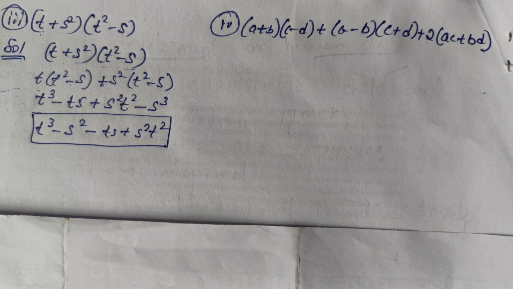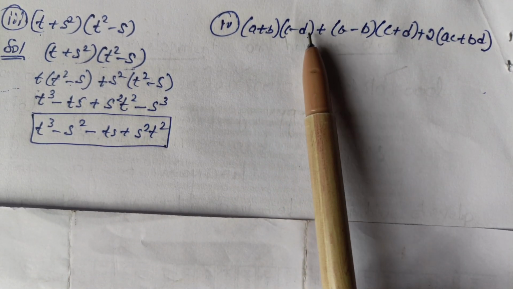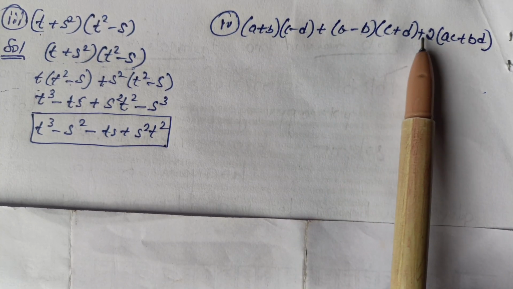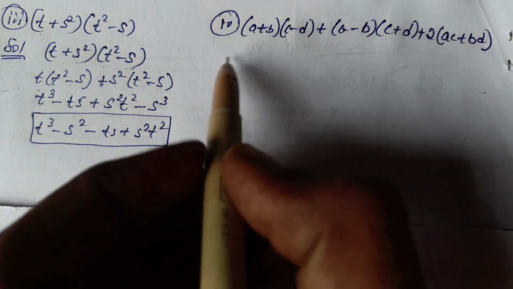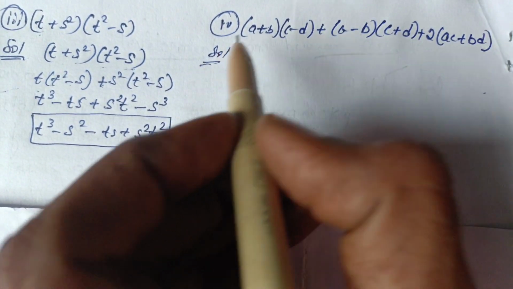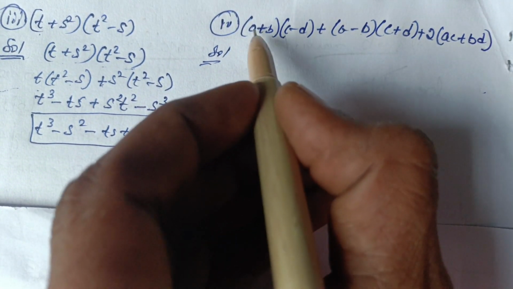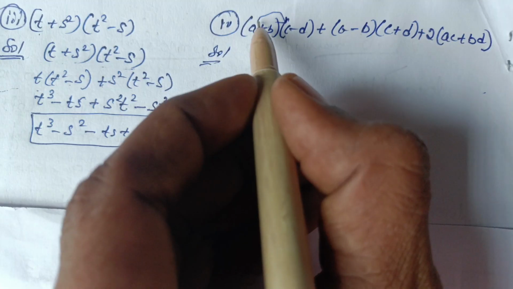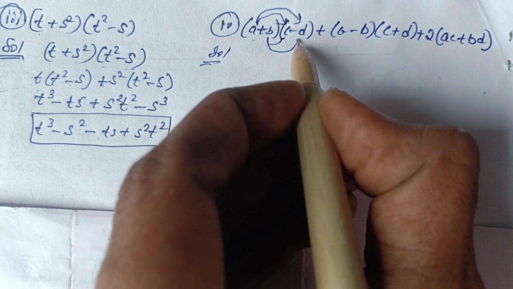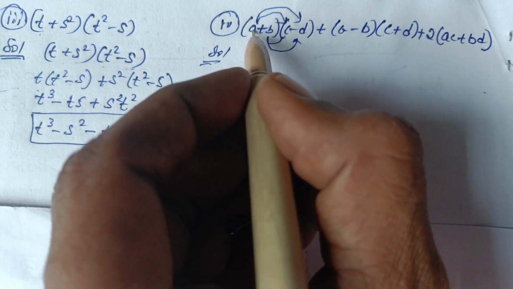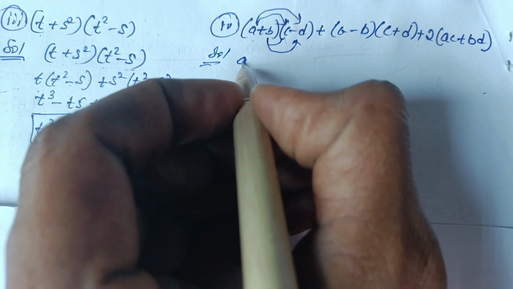Now the fourth part we will do. Here the fourth part given is a plus b into c minus d, plus a minus b into c plus d, plus 2 into ac plus bd. So let's write the solution. So let's directly multiply. First we will multiply a into c, then with d, again b into c and b into d. Similarly here also let's multiply, a into c is ac,